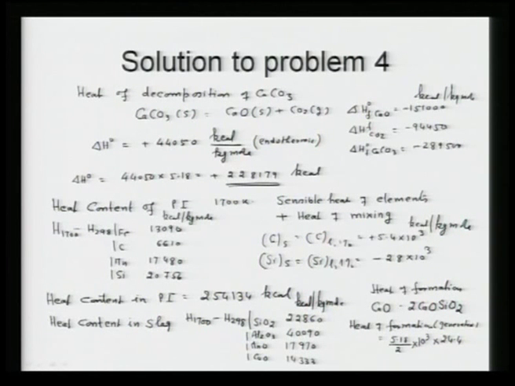it is exothermic, remember. So, while calculating the heat content in slag, if we sum total, then that value will come 244,978.8 kilocalorie. Do not forget to subtract the heat of formation of slag, because that will be generated, that is important. Now, then we have to calculate sensible heat in gases.